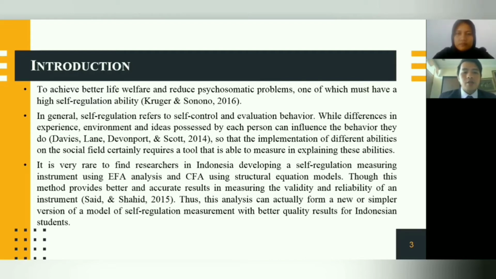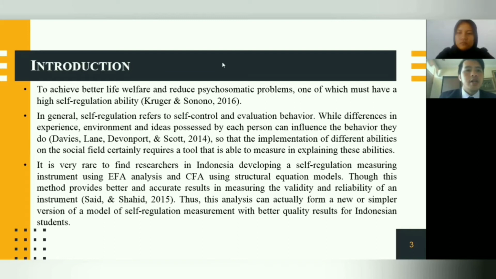It's very rare to find researchers in Indonesia developing a self-regulation measuring instrument using EFA analysis and CFA using structural equation models. Though this method provides better and accurate results in measuring the validity and reliability of an instrument. Thus, this analysis can actually form a new or simpler version of a model of self-regulation measurement with better quality results for Indonesian students. The second,